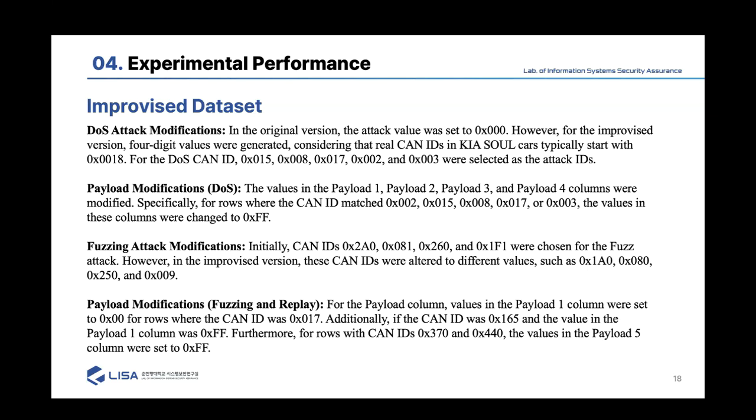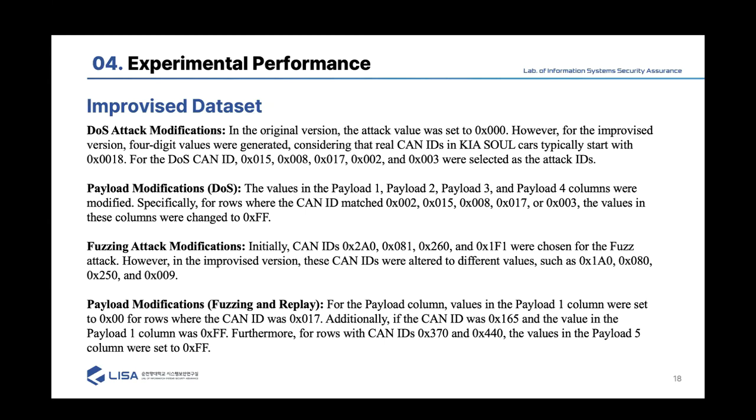The selected DoS CAN IDs for the attack were 0015, 008, 0017, 002, and 003. For payload modification, the values in payload 1, 2, 3, and 4 columns were set to FF